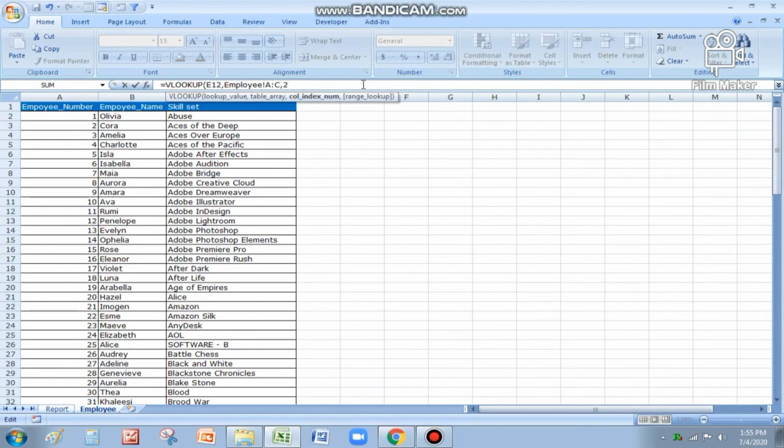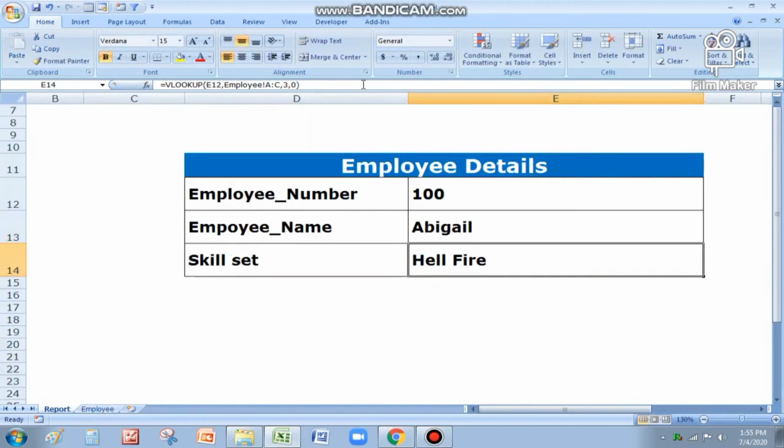So put 2, comma, 0. 0 is nothing but an exact match, then it will return. I'm closing the parenthesis and pressing enter. So you got your employee name for this employee number.